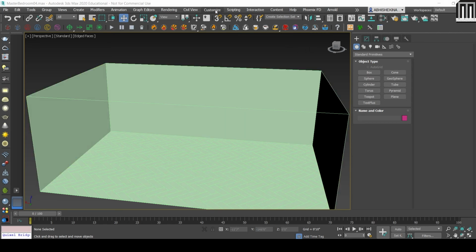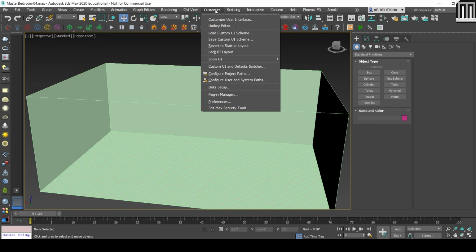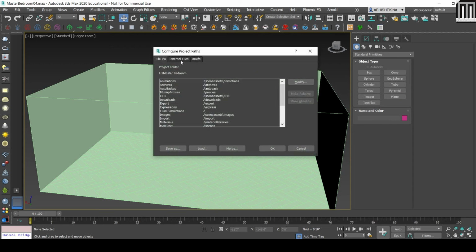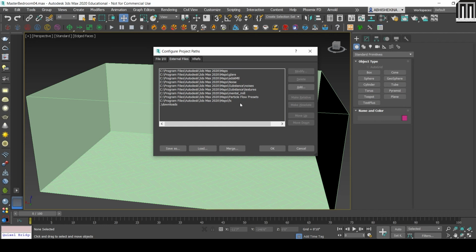First we'll take a bed, but before that we have to go to customize and configure the project path, because for the incoming objects we have to paste the maps in these external files.